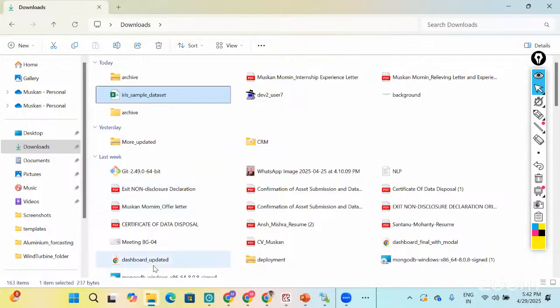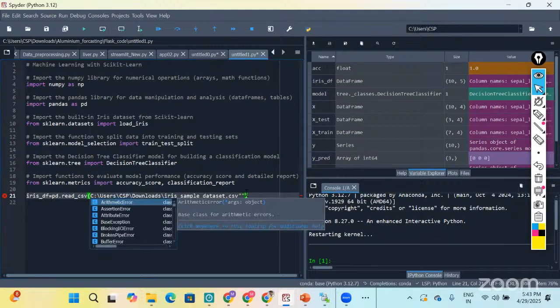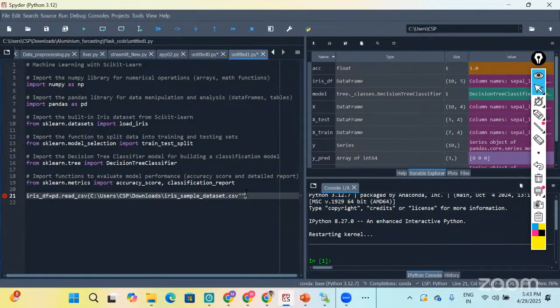Once you do copy as path, get back to the code. Here is your code, so paste it here.